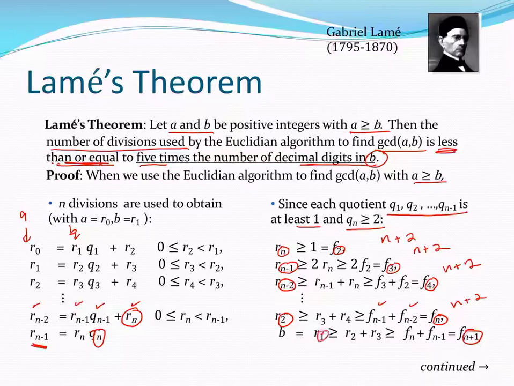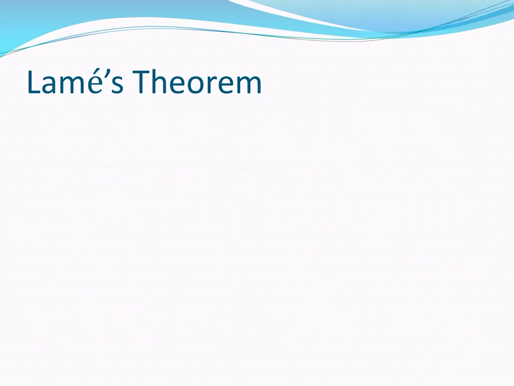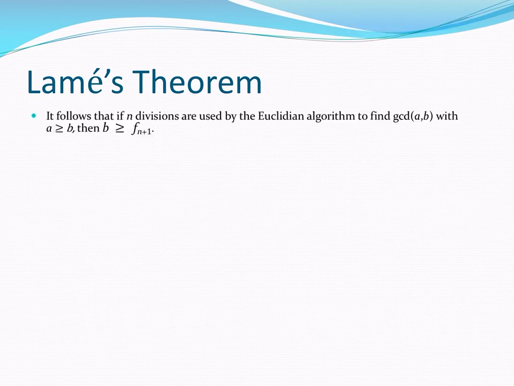In other words, if it takes n divisions for the Euclidean algorithm, then b must be greater than or equal to Fibonacci n plus 1. So Fibonacci n plus 1 is the lower bound on b